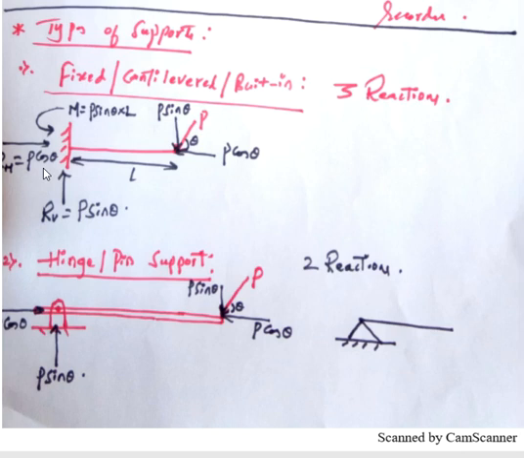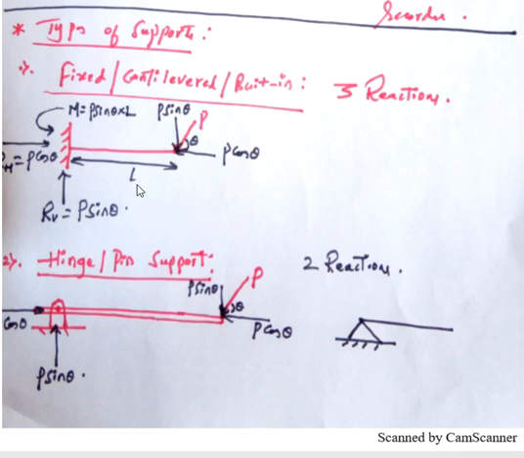So this is one reaction because of the horizontal force, and there is one more force in the vertical direction, that is P sin theta. What this vertical force is going to try to do is make this beam shear off in the downward direction. That is, it will try to cut this beam in the downward direction from this support. But the support will give an equal and opposite reaction to this vertical force, P sin theta. Since P sin theta is acting downward, the reaction force at this support will be in the upward direction but of equal magnitude, P sin theta.